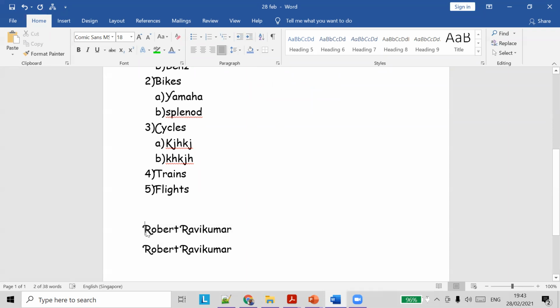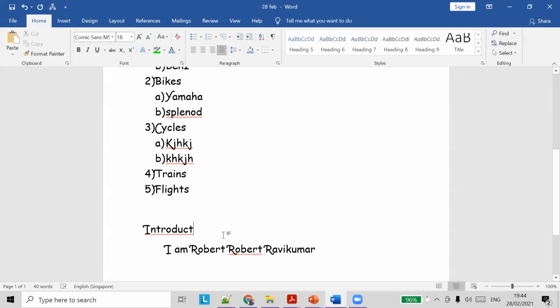So normally we use indenting for a paragraph. If you have a paragraph, the start of the paragraph will always be one indent to the right. Okay, so let's say I have this introduction. There is a paragraph called introduction, right? And I'll say, I am Robert Rosemar. So this looks appealing, right?